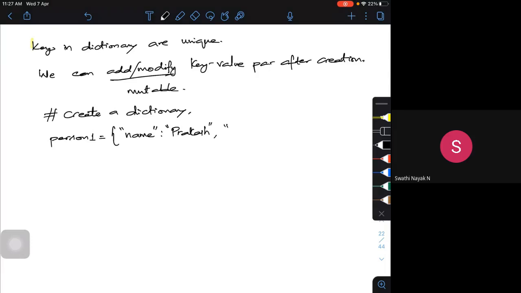Next, which city does he belong to? Let me put city colon, maybe Kolar. Then mobile phone: mobile colon, maybe some number. Let me put 98667867. Some number I put.